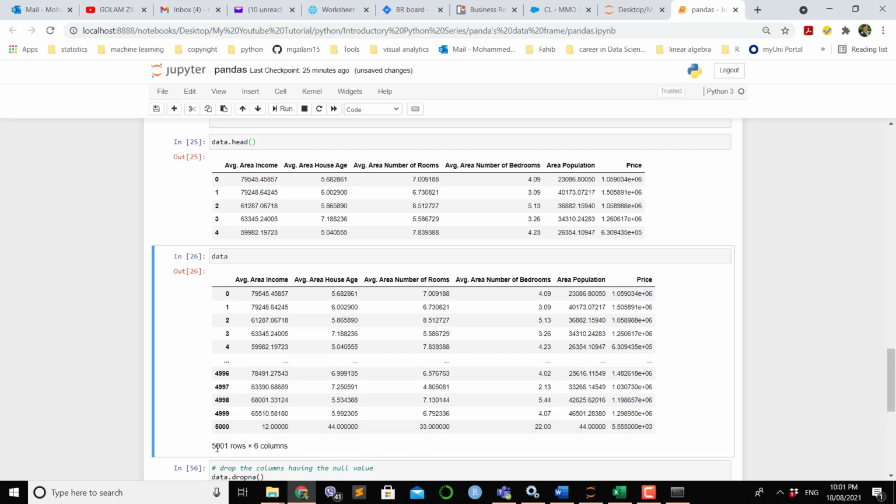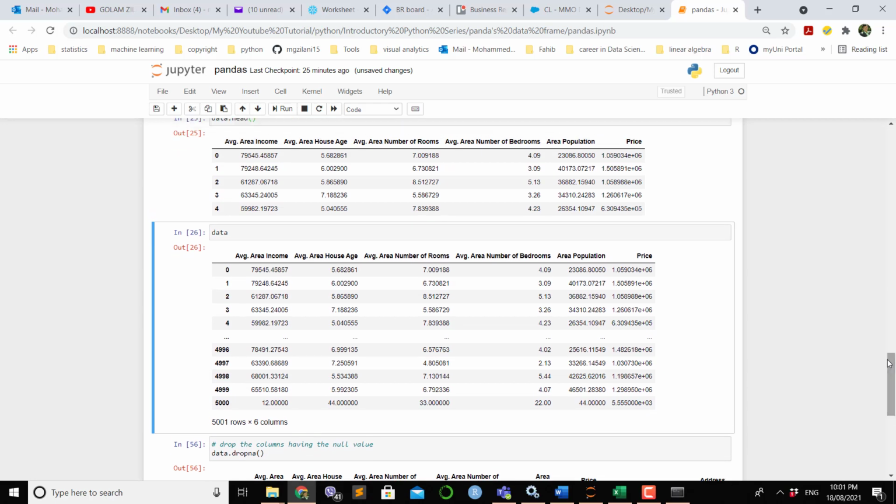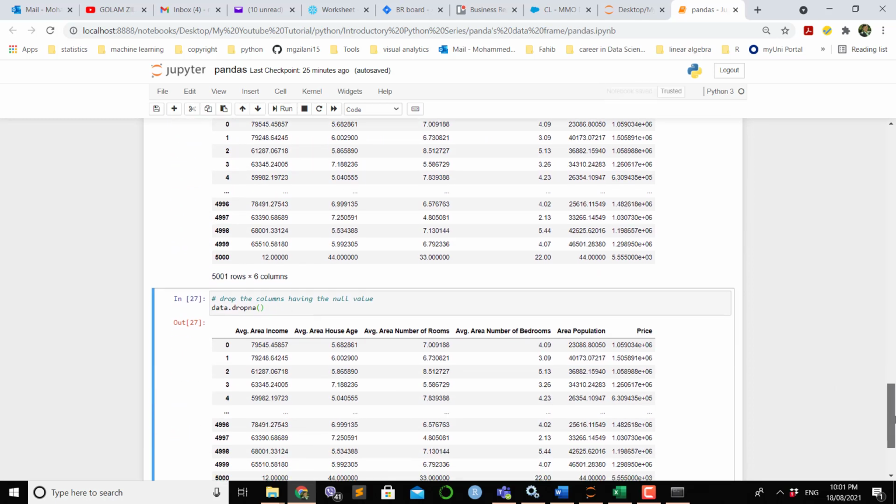So from here you can also see that at this moment there are 5000 rows, because it is 5001 rows including the name of the column. So there are 5000 rows and 6 columns all together. Say you want to remove all the rows having NA. What you have to do is write down the variable name and then dot dropna. If you run this line, Control Enter, all the rows having NA values will be removed from your data